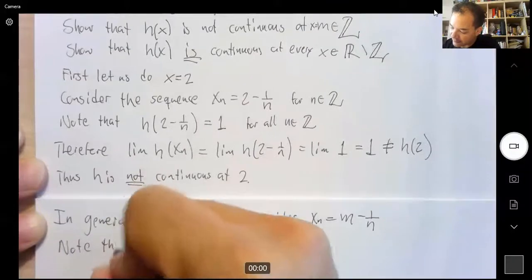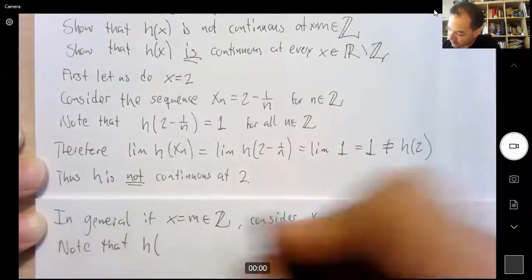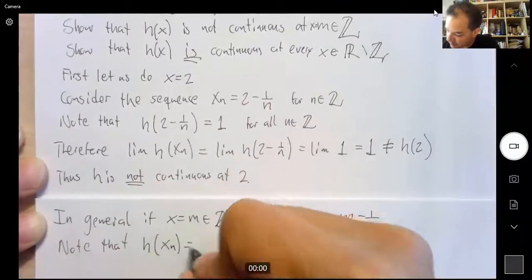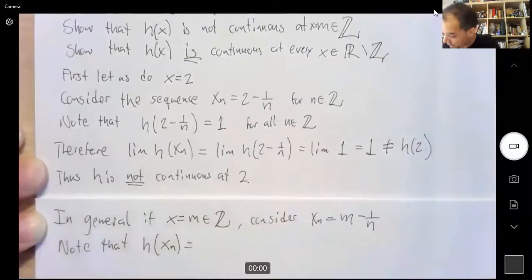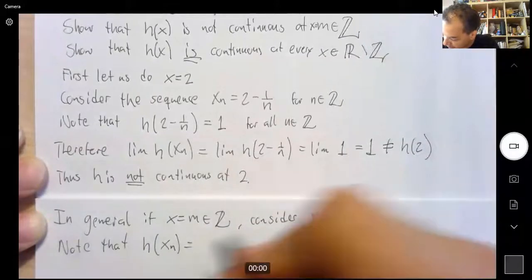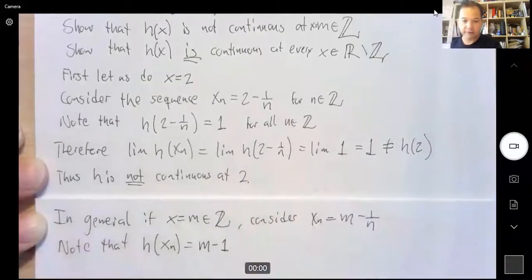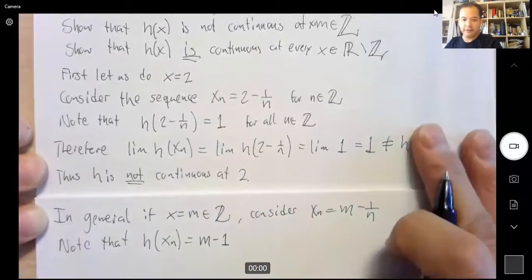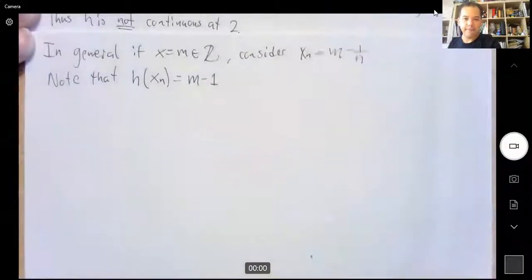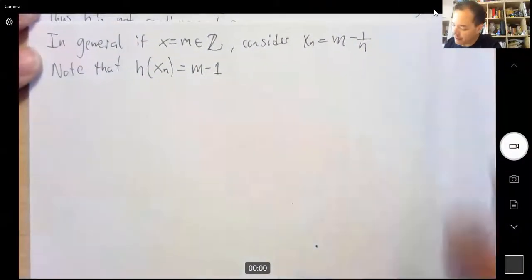Note that h of xn will be, well, it's a number less than m, so it's m minus 1, right? It is m minus 1, therefore,